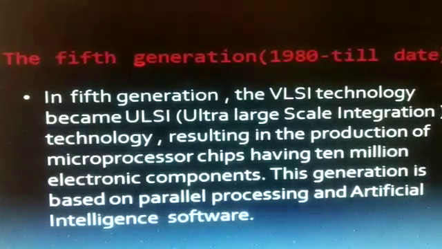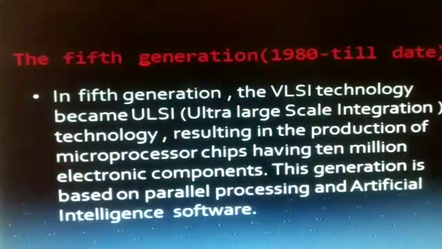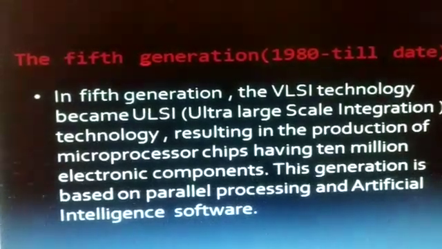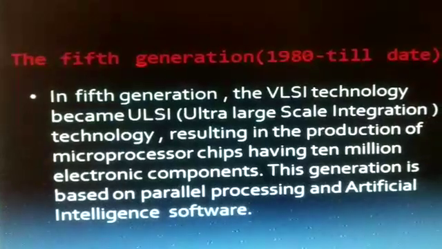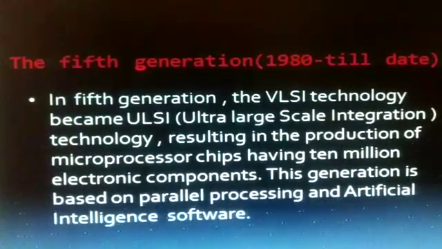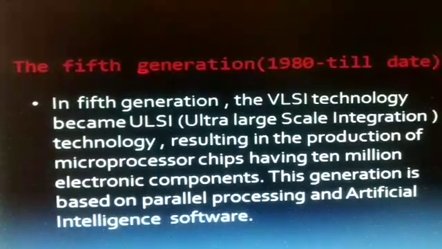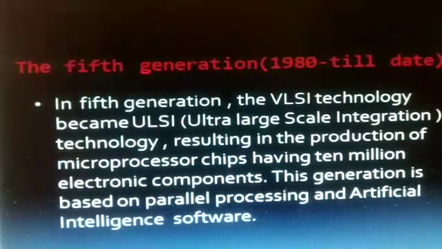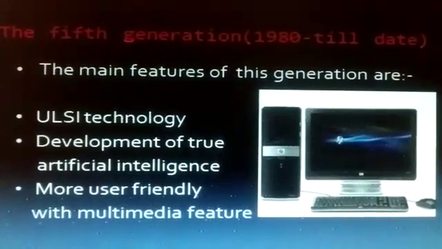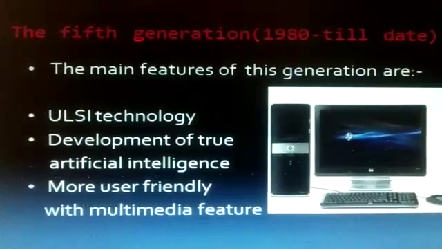All the high-level languages like C, C++, Java, .NET, etc. are used in this generation. Here, artificial intelligence includes robotics, neural networks, game playing, development of expert systems to make decisions in real-life situations, and natural language understanding and generation. In this image, you can see the image of the fifth generation of computer.